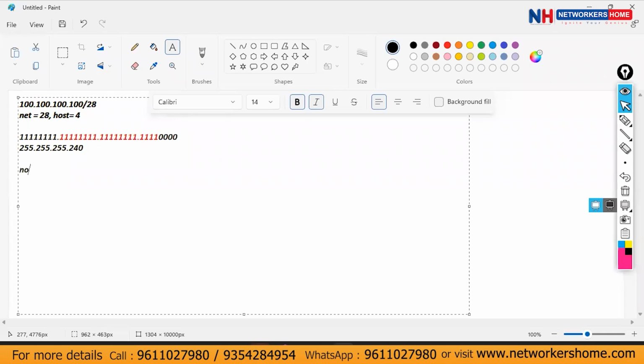Calculating the number of networks is equal to 2 raised to the power of the number of borrowed bits. How many bits did you borrow? 16 plus 4, that is 20 bits. So it will be 2 raised to power 20. That is a big number. Then block size. How many host bits? 4. That means our block size is 16. So if I have to design my first network, I'll say 100.0.0.0. Correct? The second network will be 100.0.0.16. And like this, if we keep on adding,